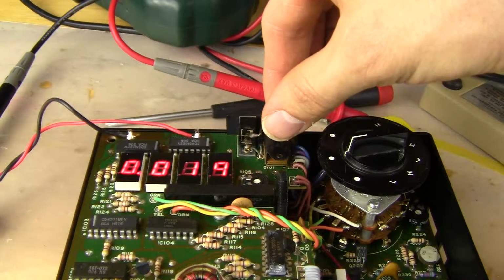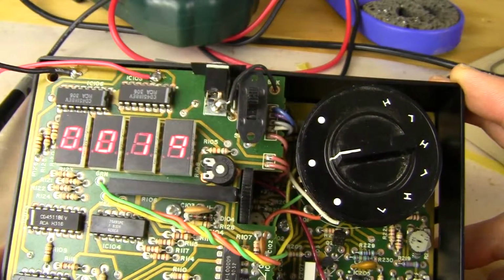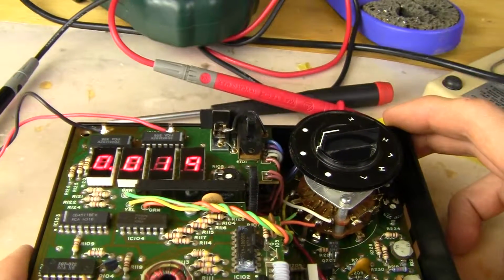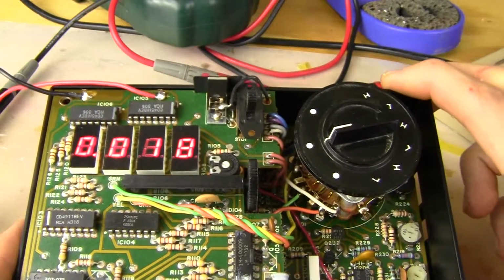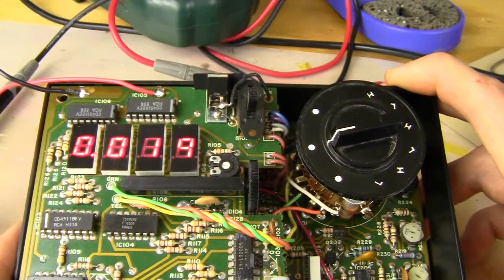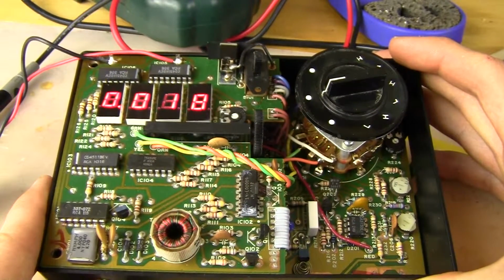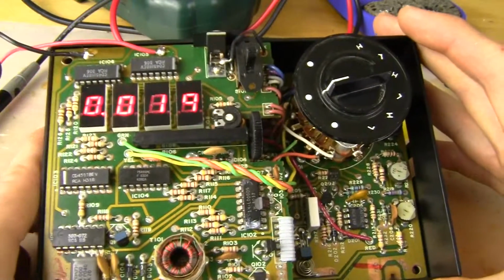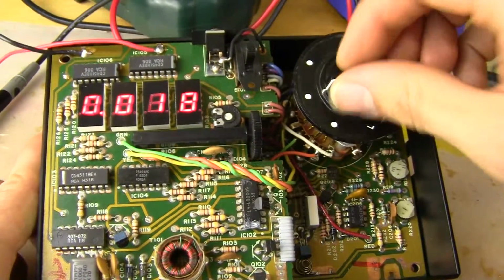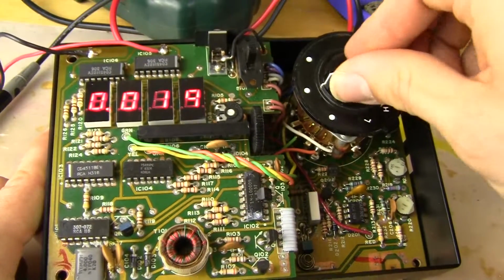Turn it on. All right, looks like we're getting something on there. It's a little bit hard to see, I guess. But it's 0.018, 0.019. So does this thing work at all? I hear this high-pitched whine coming out of it. It's probably one of the voltage or the frequency ranges that it's...